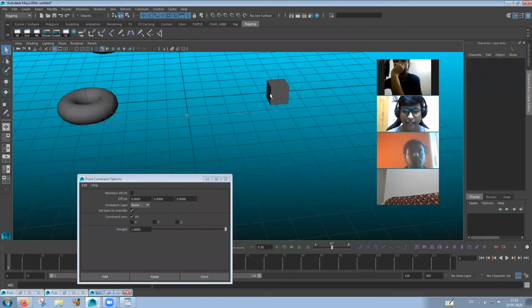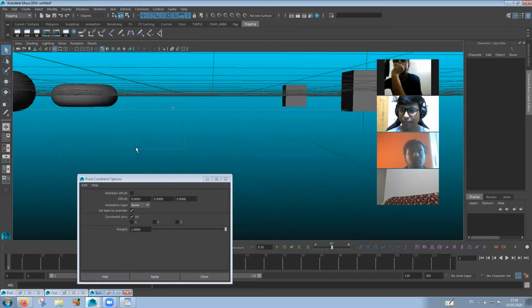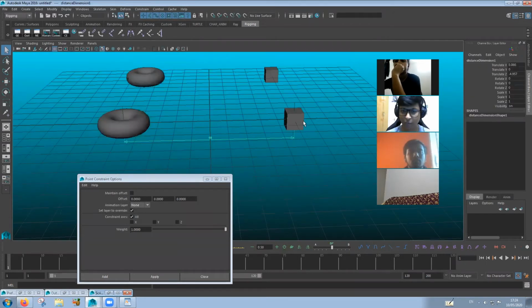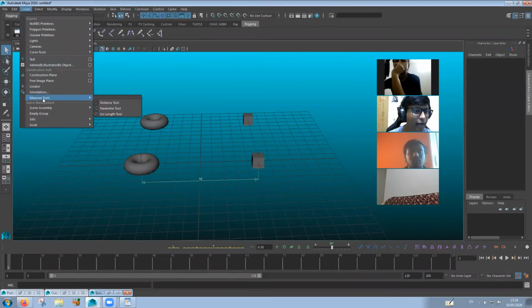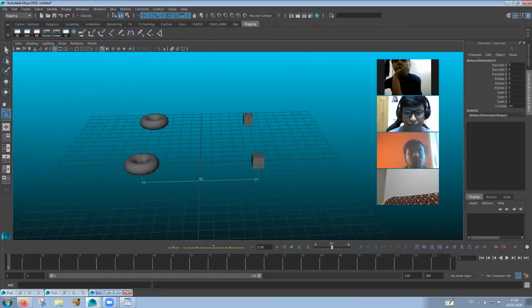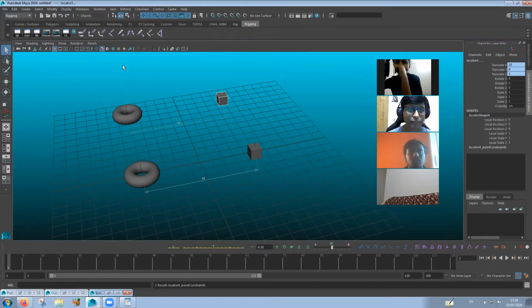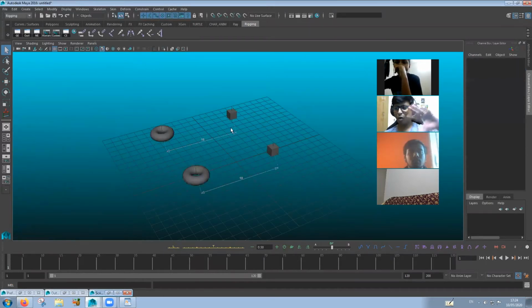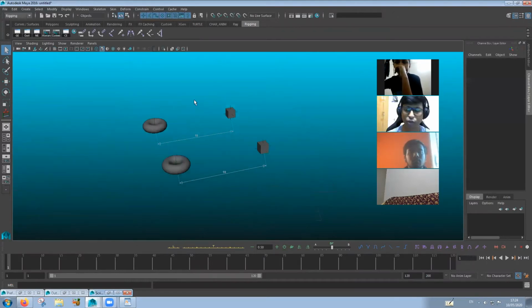So you can know that the distance between them two is 10, as it shows over here. All right, because 5 units from here, 5 units from here, the total distance between them is 10 units. Similarly, I'm going to do the same for here. Distance to point. Not to worry about how I did it. It's not important. But what is important is what I'm going to show you.